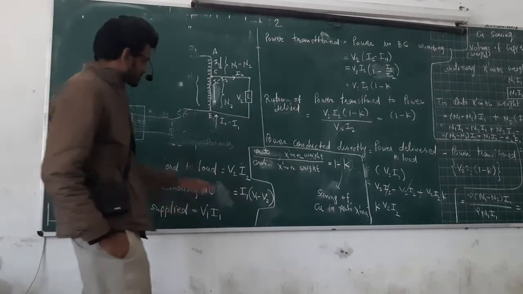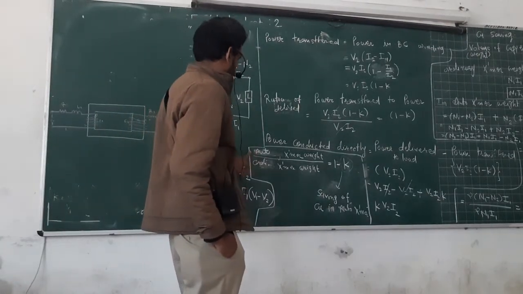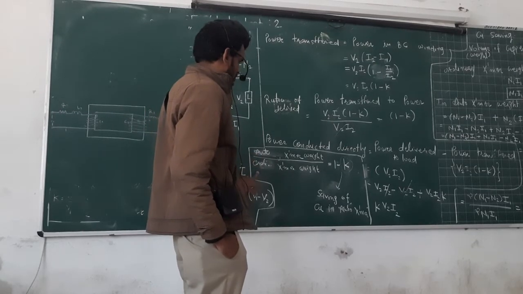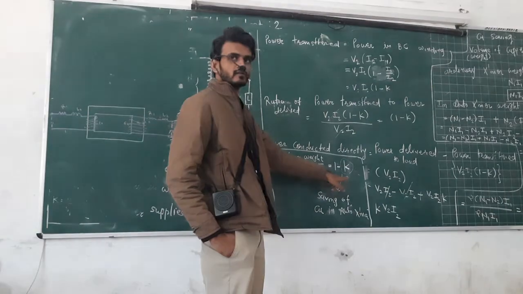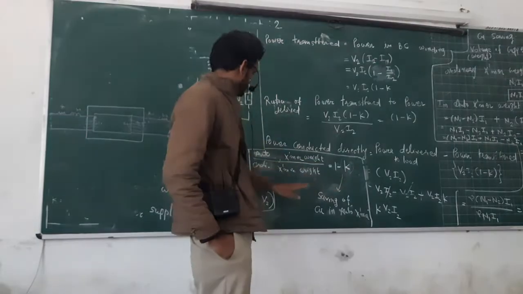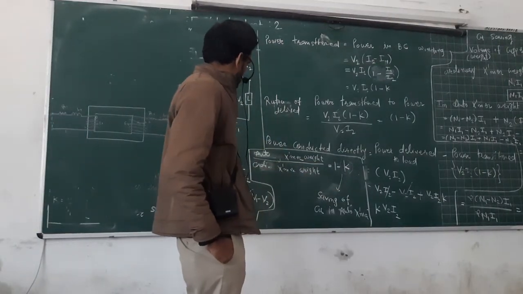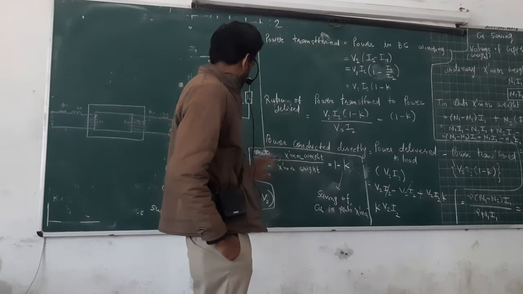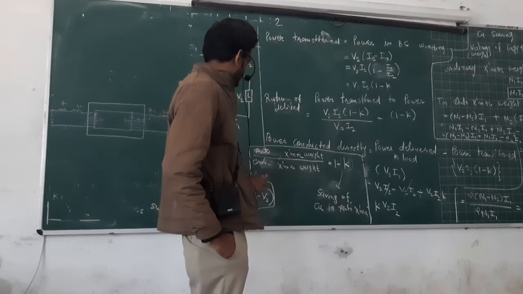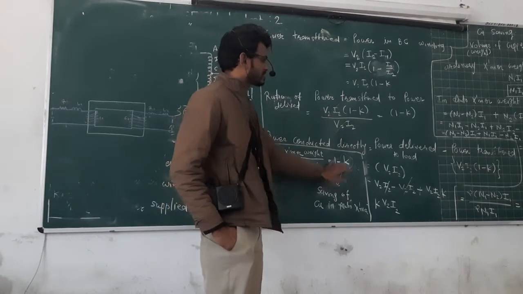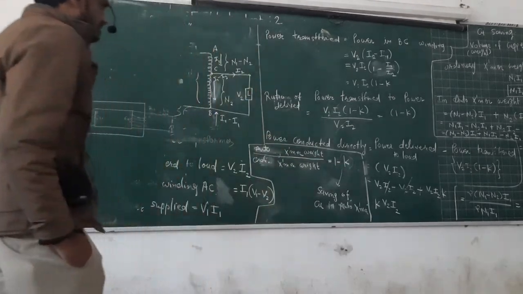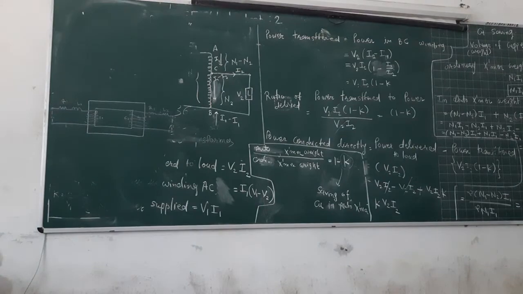અને જે ઓટો ટ્રાન્સફોર્મરની અંદર કોપરનું સેવિંગ છે એ ઓર્ડિનરી ટ્રાન્સફોર્મર કરતાં K જેટલું હોય છે, જેટલો રેશિયો હોય એટલું એનું સેવિંગ હોય છે. Okay, and the weight of the auto transformer to the weight of the ordinary transformer, that ratio is 1 minus K. Okay, all the rest of the things is very simple.